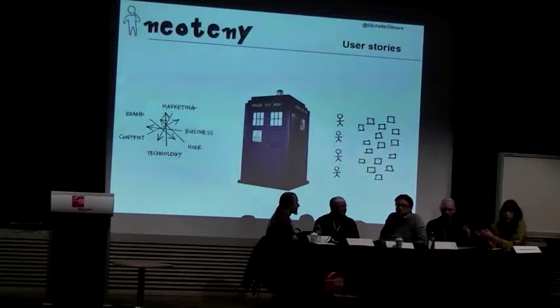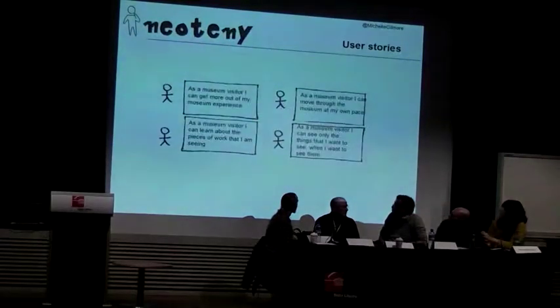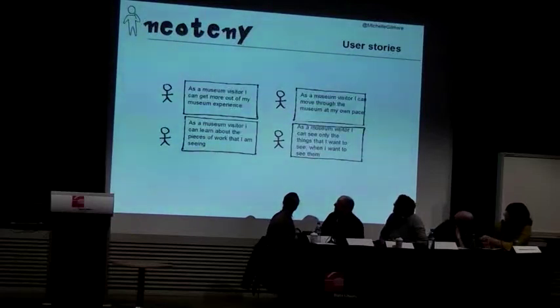And we feed it through our translation device, which in this case is the TARDIS, and what pops out is what we call user stories. And a user story in this context is a short statement that details the user, the role of the user, and what they're trying to achieve in the system.